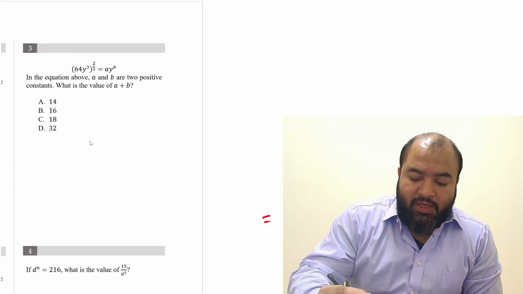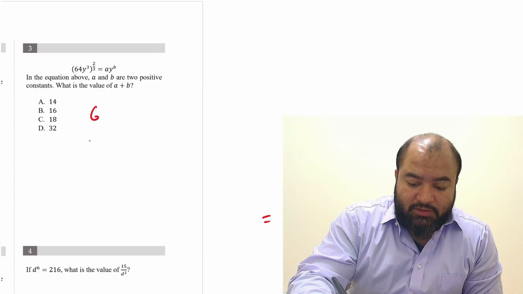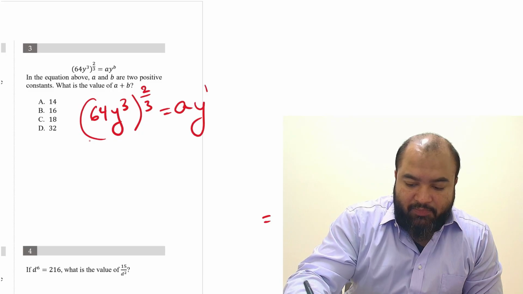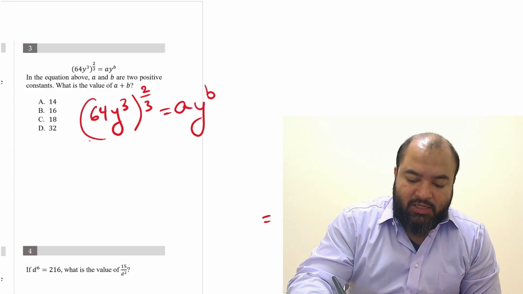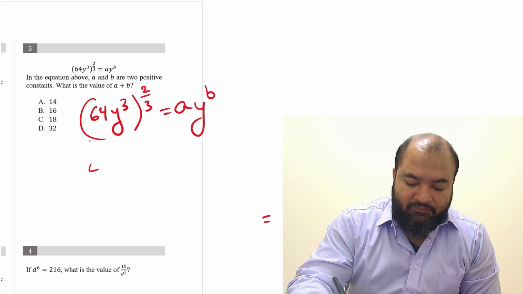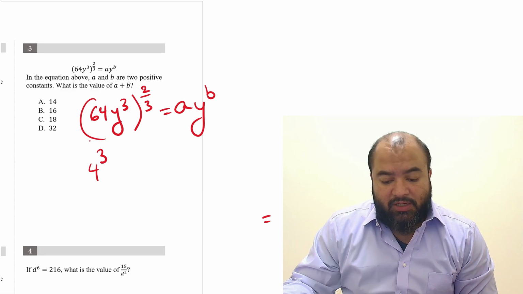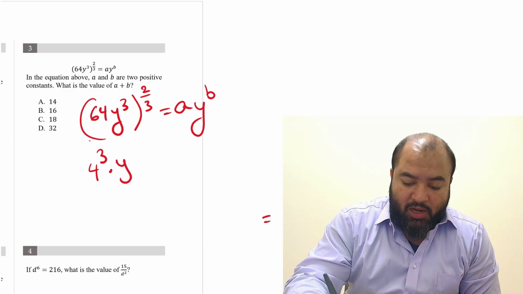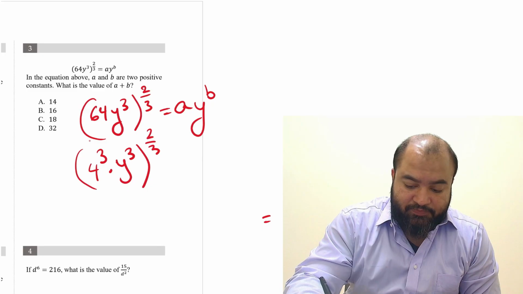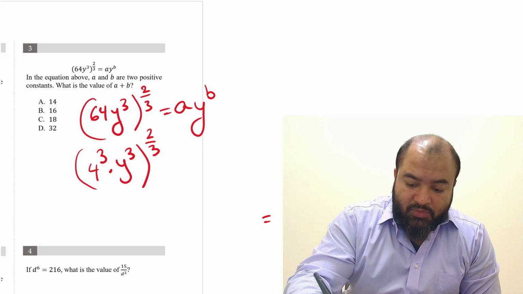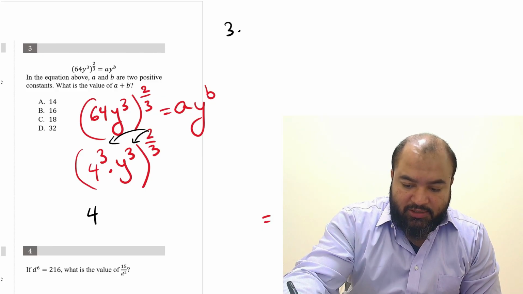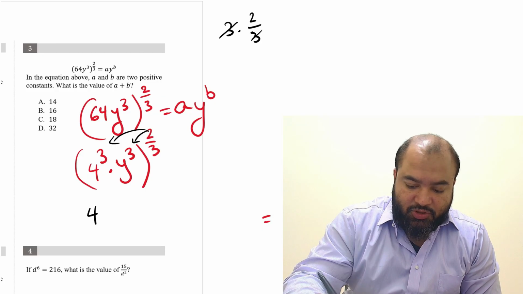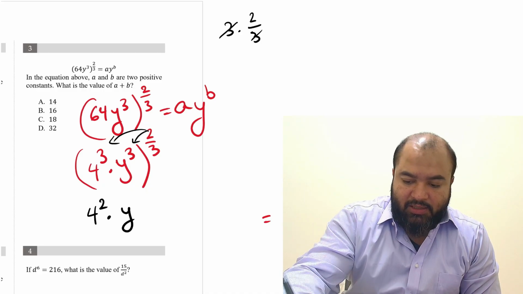Okay, number 3. Here same thing, similar. So for (64y^3)^(2/3) is equal to ay^b. Well, first of all, 64, let's not make it 2, let's say 4^3, okay? You can use a calculator to check it out, times y^3, and then I have a power 2/3. Now, this power, I'm just going to multiply into both, like distribute. So 4^3 times 2/3, let's do it on the side. It's just 4^2, times y^3 times 2/3 is